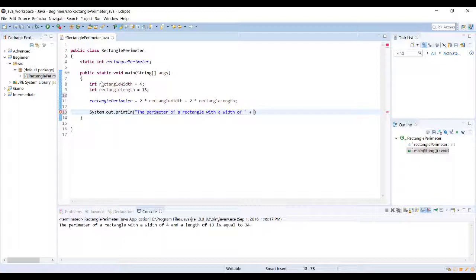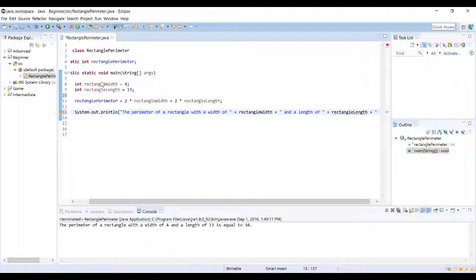Now, in order to output the value, you need to make sure that the identifier is not inside the quotation marks. So I've ended the quotation marks, and now I'm concatenating the rectangle width, and then I'm going to continue my sentence, and a length of, and then concatenate the rectangle length,